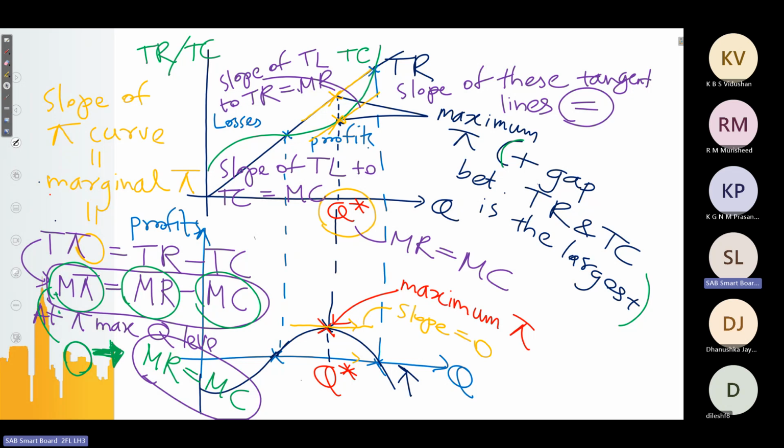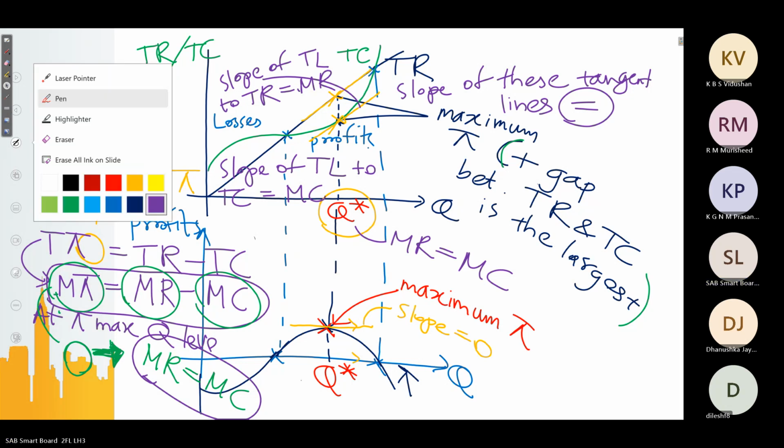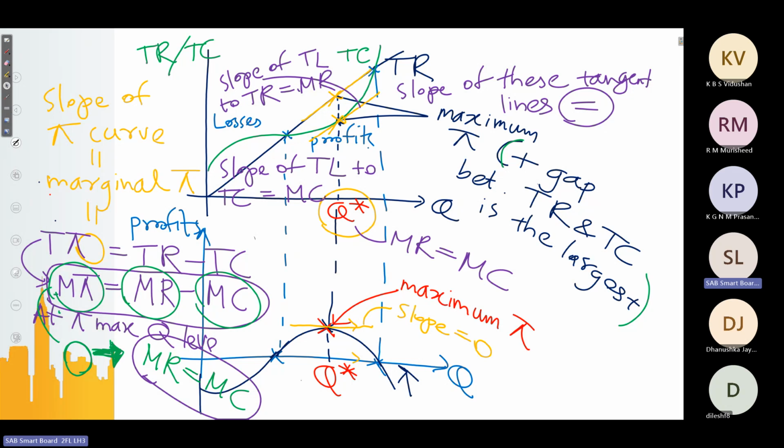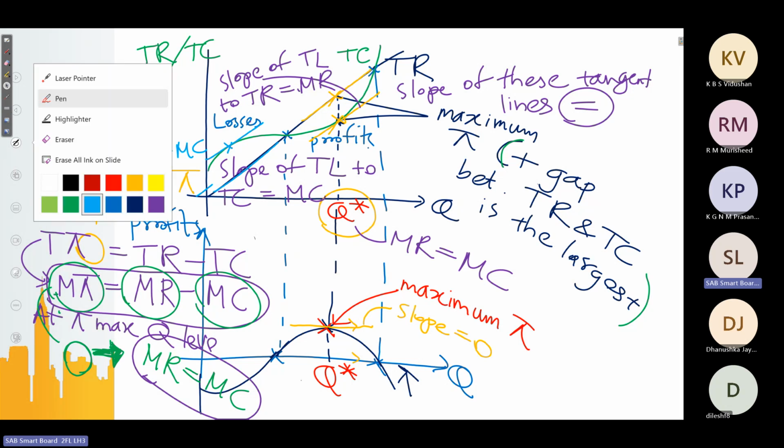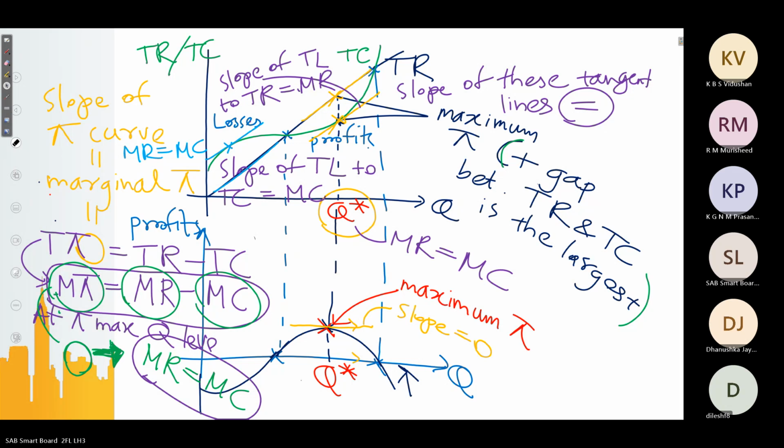Here also we have something similar. If we draw a tangent line to this point, that tangent line is parallel to this tangent line. So here also we find marginal revenue is equal to marginal cost. This tangent line measures the slope of total revenue. This tangent line measures the slope of total cost. And since both tangent lines are parallel to each other, we can say that at this output level,